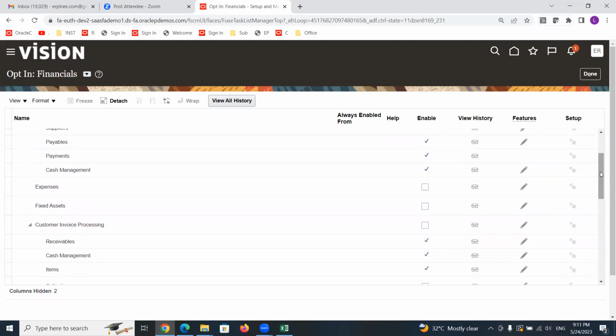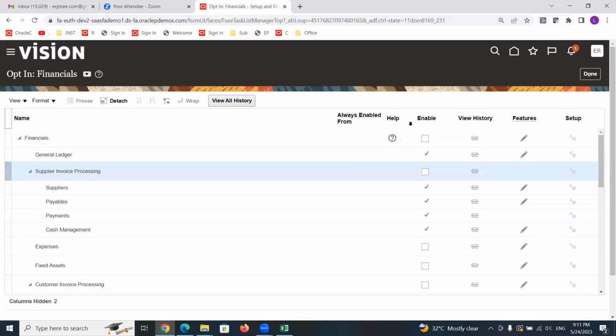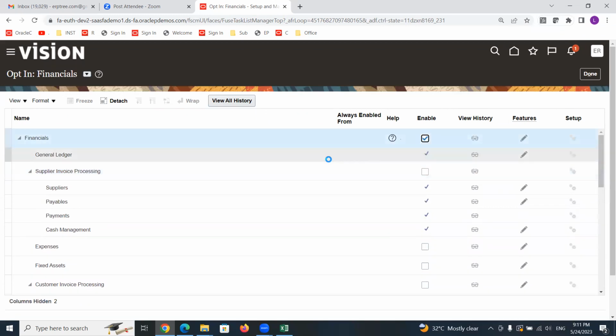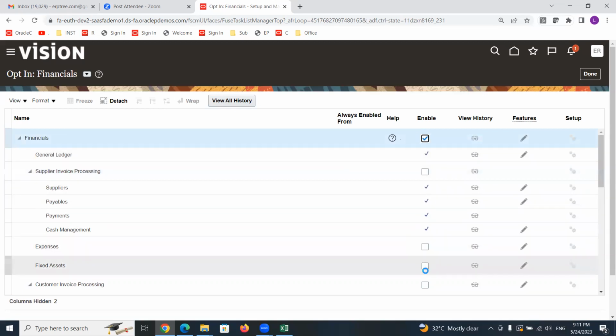But in reality, what you can do is enable everything. No issue at all. Whatever you want to implement, you can implement it. So you can come to this page, enable financials. Within the financials, what are the other checkboxes we have? Enable everything.